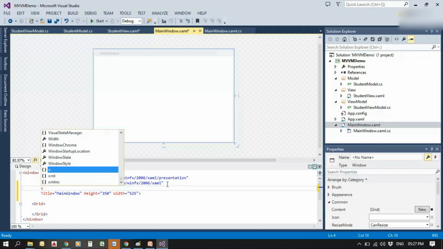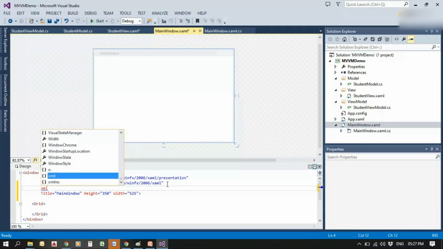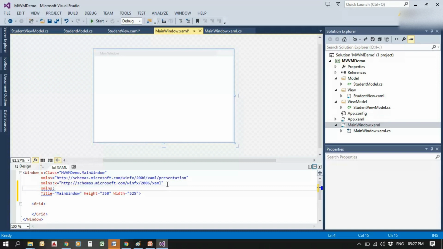Inside this we need to give the path of the project.